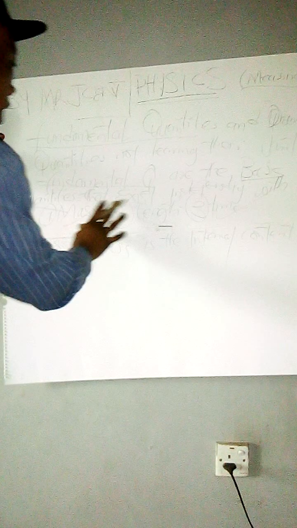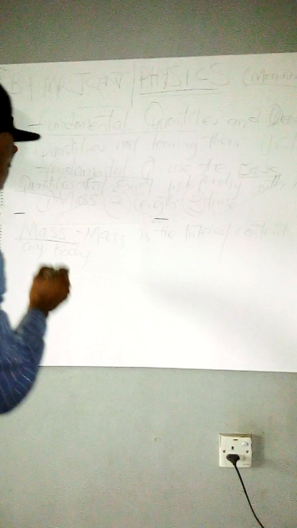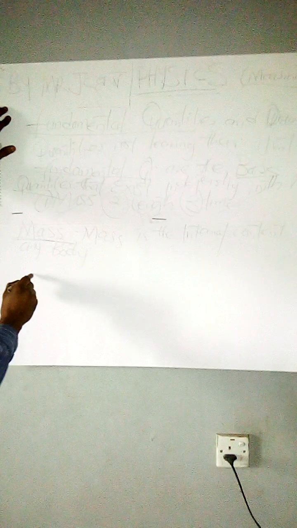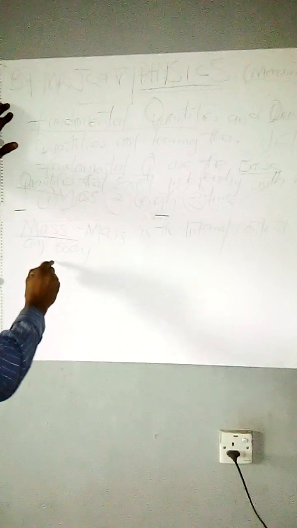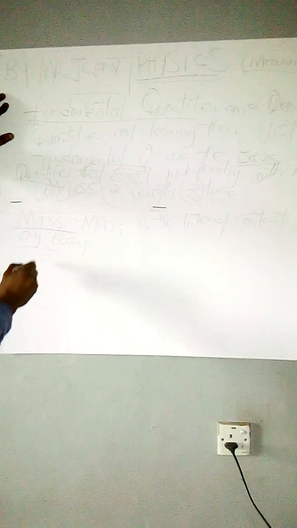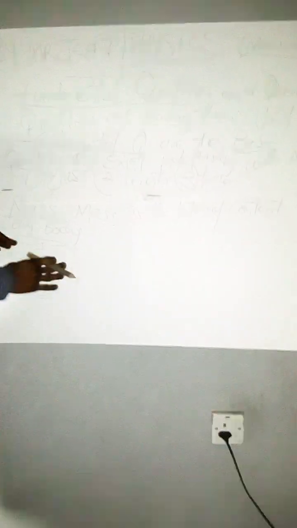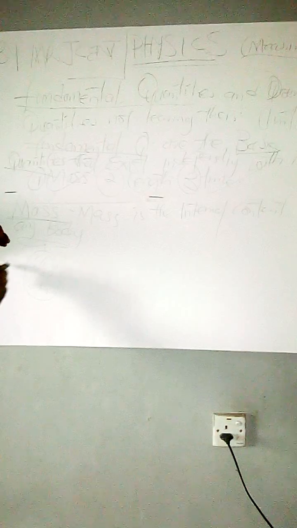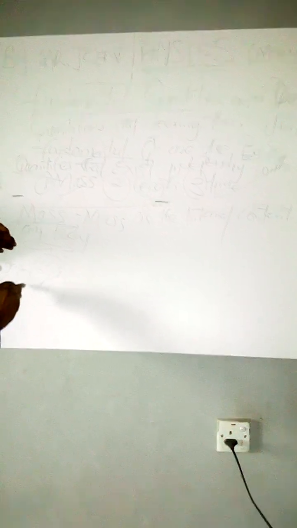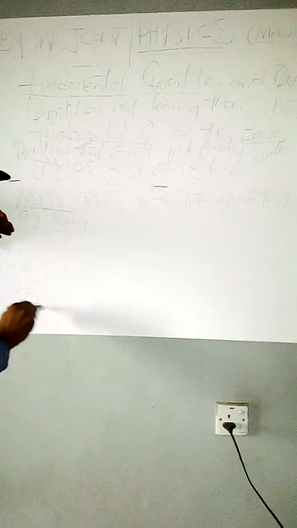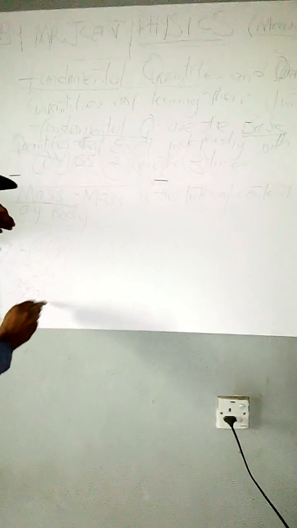Are you seeing now? So let's take for instance a gas cylinder that is made up of gas. Inside of this gas cylinder is gas. Now how do we determine the amount of gas that is in this gas cylinder? Inside of it is made up of gaseous particles. Now how do we get to know the amount